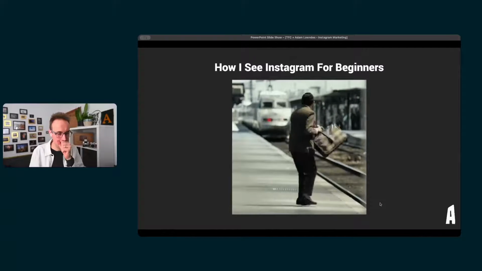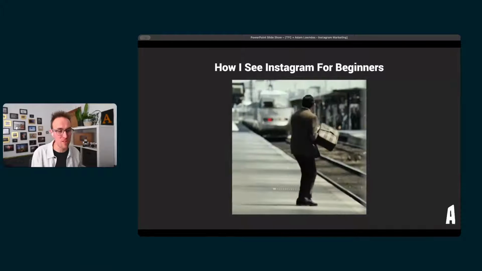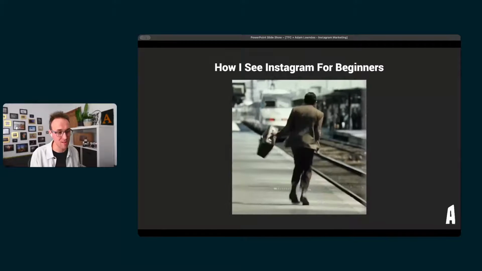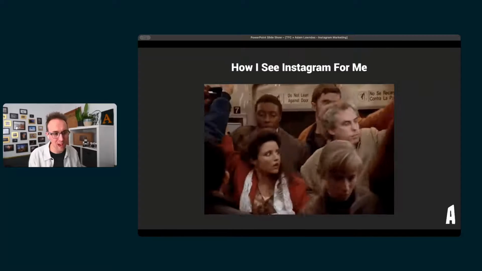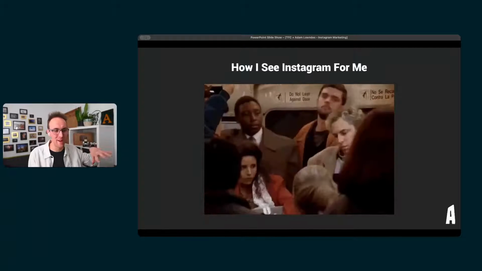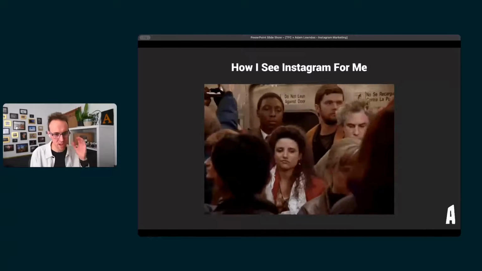So if you are starting Instagram now, you need to embed as much of this information as possible because there's loads of stuff that people aren't doing. For example, reels and behind the scenes. So there's loads of time to catch up. This is how I see Instagram for me. It's a crowded train. I'm there in the middle and everyone's bumping into me, and the pickings are becoming a little bit thinner on the ground. And then